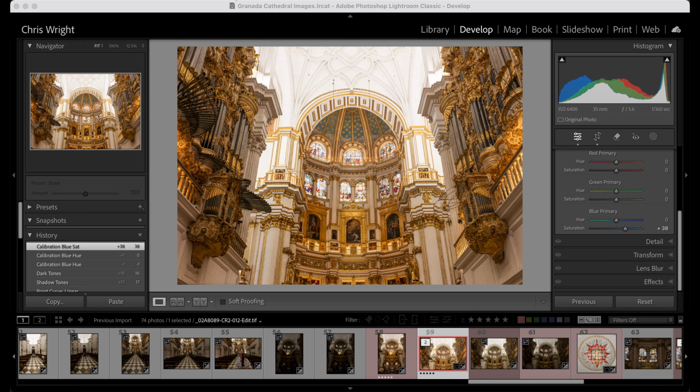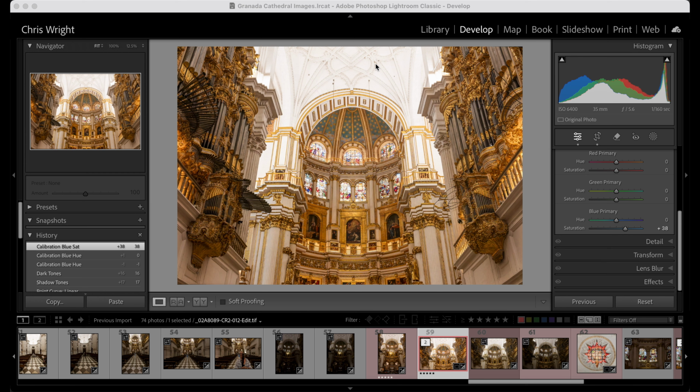Okay, so here we are in Lightroom. This is the picture that we're going to work on. Now you can see that some of the problems that we've mentioned already are here in this picture. This picture was taken with a wide-angle lens at 35mm, and it was angled quite steeply up in order to get the ceiling and so on into the picture. So we've got these converging verticals. These lines are not parallel. So that's why we want to take it into Viewpoint, see if there's anything we can do about that and